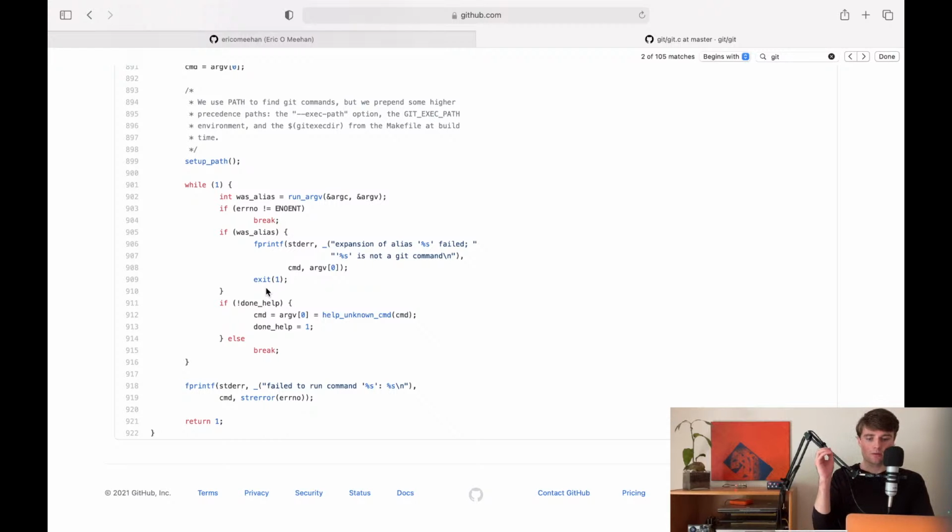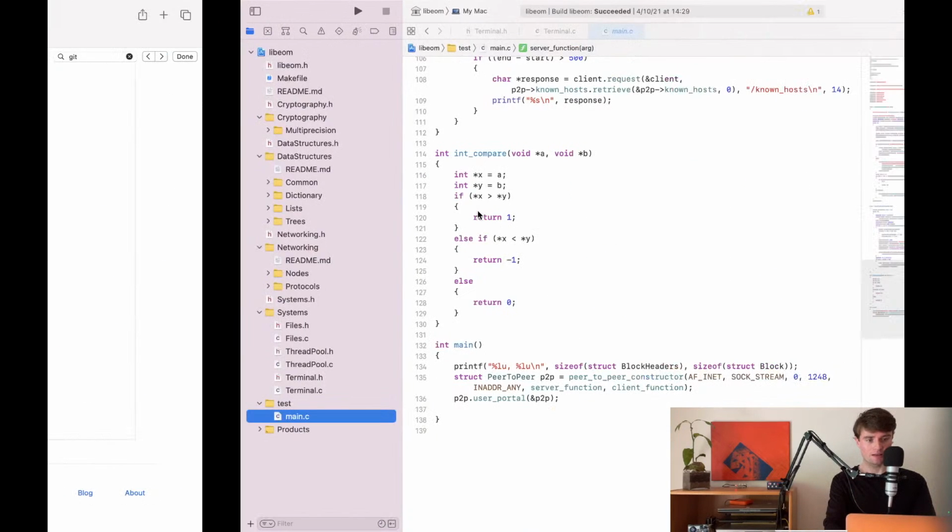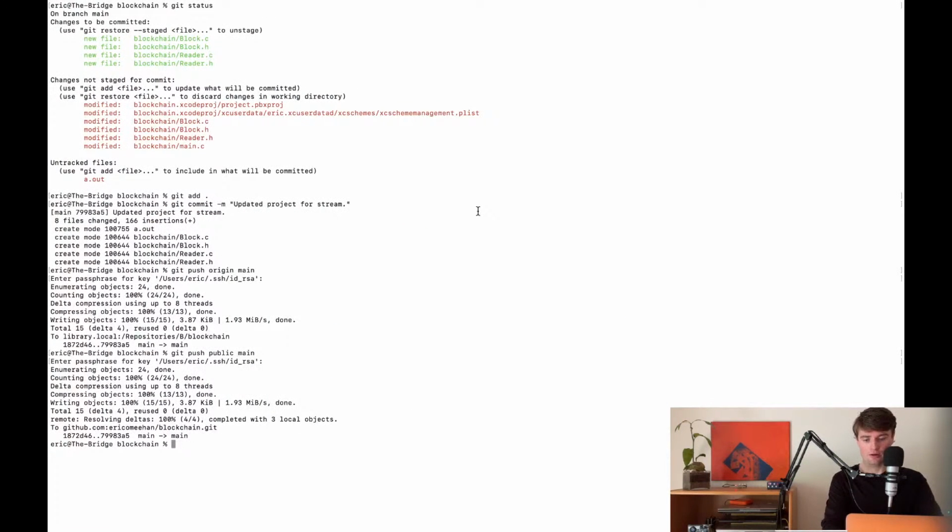Now, there is something that this doesn't do that I want to implement for our blockchain, and I can demonstrate that with the programming language Python. So if I just type in python3, well, first, let me,